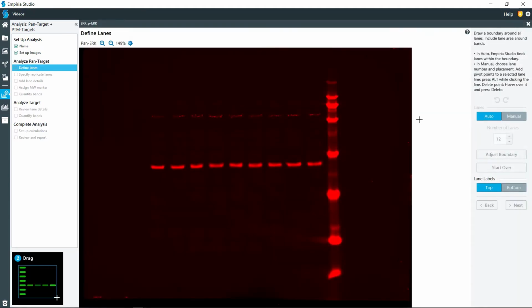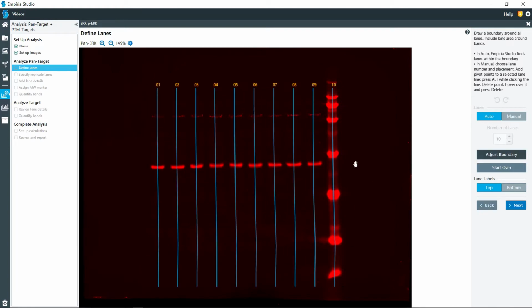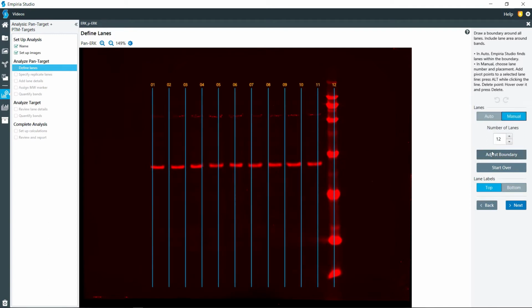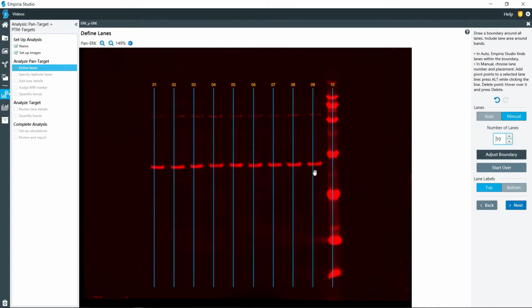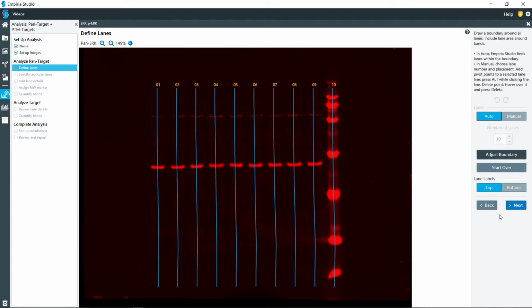So for the boundaries on here, I do need to include the molecular weight marker because I do want to size these bands as well. So you click and drag just to the outside of your lanes. And if you have auto band finding set, it will try to find the lanes automatically for you. Now, if you find that it didn't find the bands correctly, you can go ahead and switch to manual, set the number of lanes, and then move or adjust them as needed. But since this did a pretty good job, I'm going to go ahead and stick with auto,